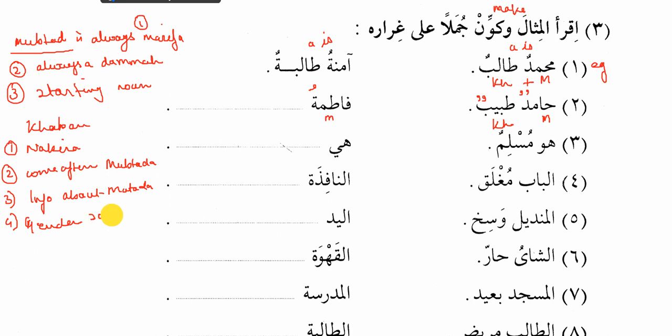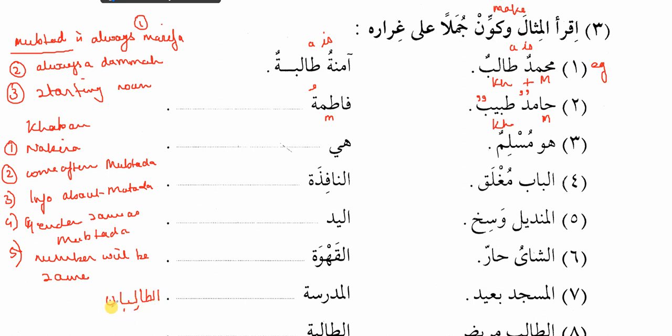Gender same as mubtada. And number fifth, what is the fifth point? That number will also be the same. Number will be same. Like if I give you an example here as Talibani,